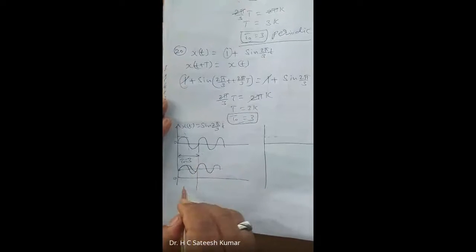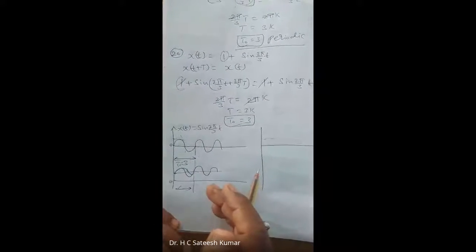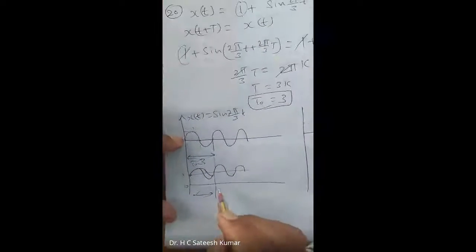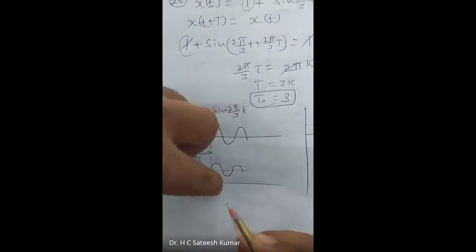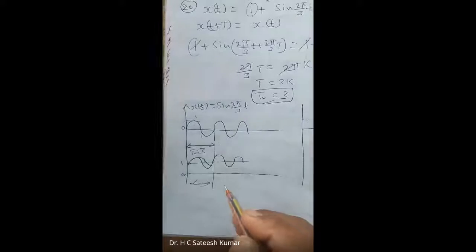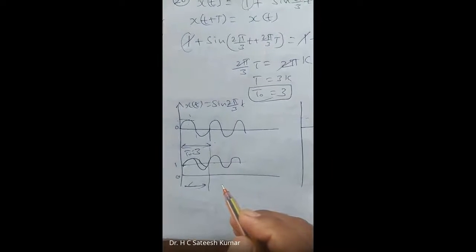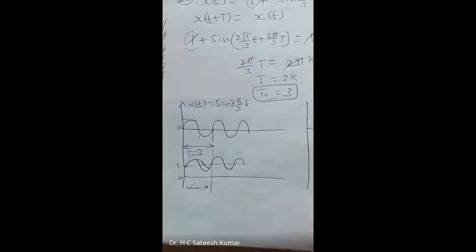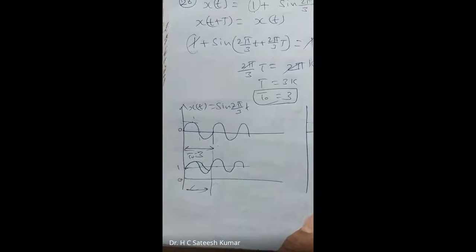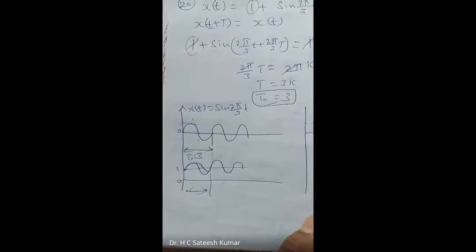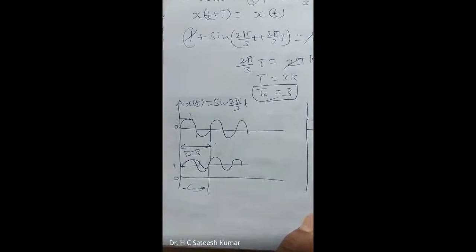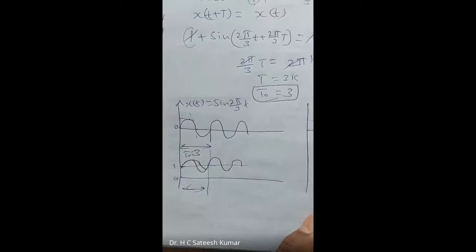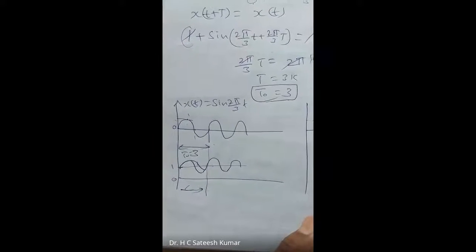Once again, the signal is raised by a certain value, 1, but the period remains the same. So the signal level is increasing, but the period remains the same. This you know; it is nothing but clamping. A better way of saying this for an electronics engineer is that clamping will not affect the periodicity of the signal. Clamping is nothing but adding DC to any signal. Last semester itself you have studied that one.